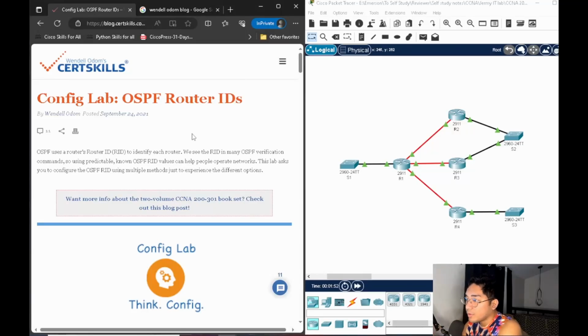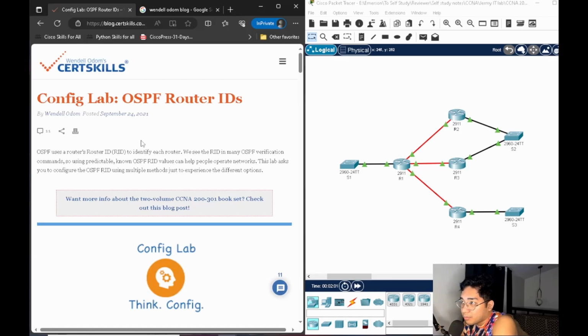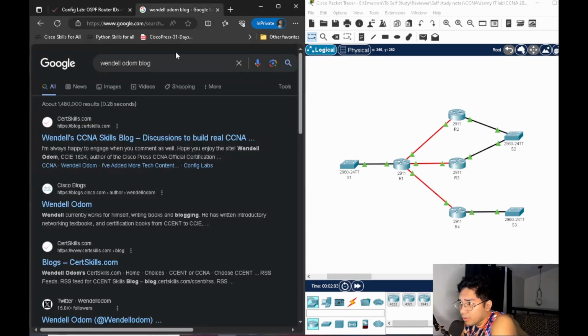Hello, in this video we're going to configure an OSPF router ID. This lab exercise can be found on Wendell Odom's blog. You can search for him through Google. This one. After you click this,